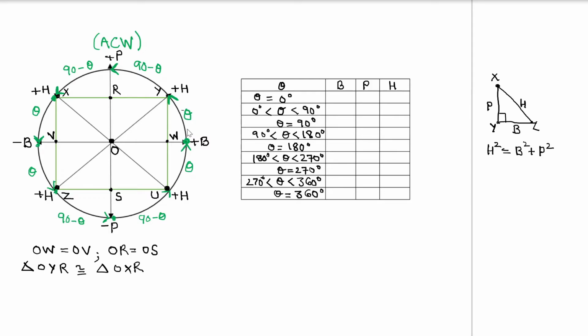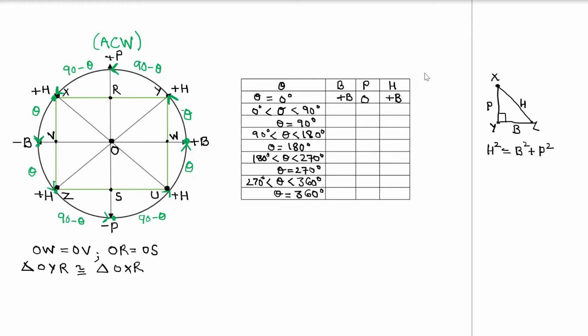Okay, now when we say that theta is equal to 0 degrees, what are we trying to convey? We are trying to convey that there is no such angle made. So we are talking about angle WOY being equal to 0 degrees. In that case, no height would be given rise to. Height means what? Perpendicular. But in this case, the base is positive. Let's say if this is plus b, the value of the hypotenuse will also be plus b.